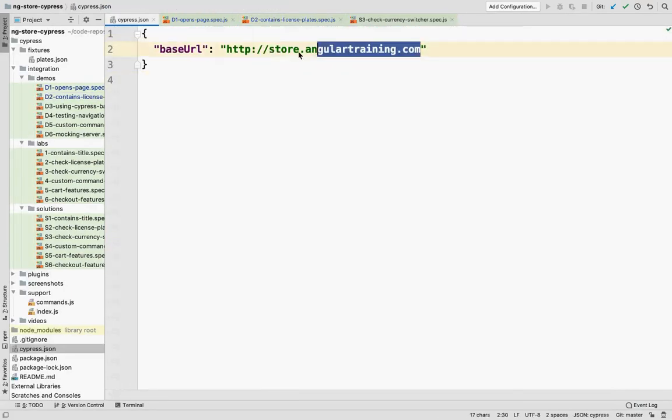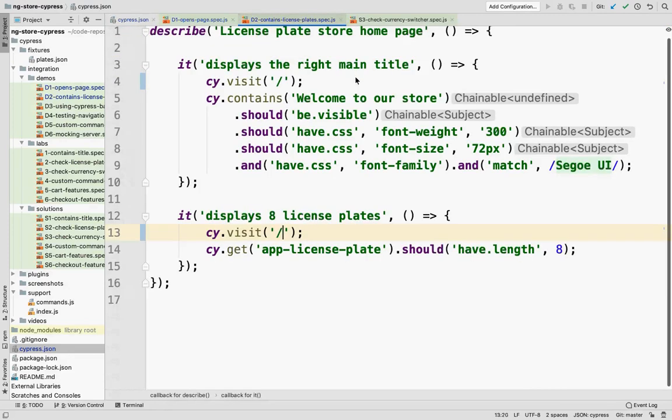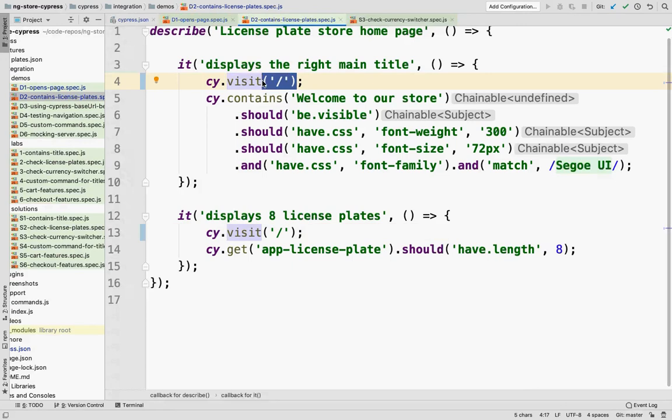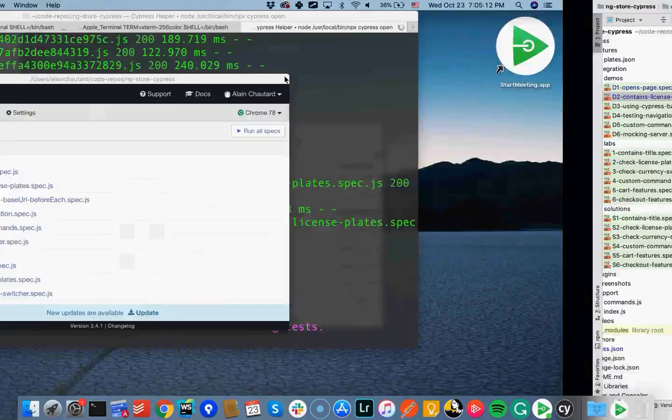And just change the base URL in Cypress. So Cypress has this config file where you can define the base URL for your project. And that's what I'm doing right now. I'm saying that the base URL for what we're testing is localhost 4200. And now in all of my tests, I can just say visit / and it's going to go to that URL. So / is relative to the base that we defined here. So that should fix it.